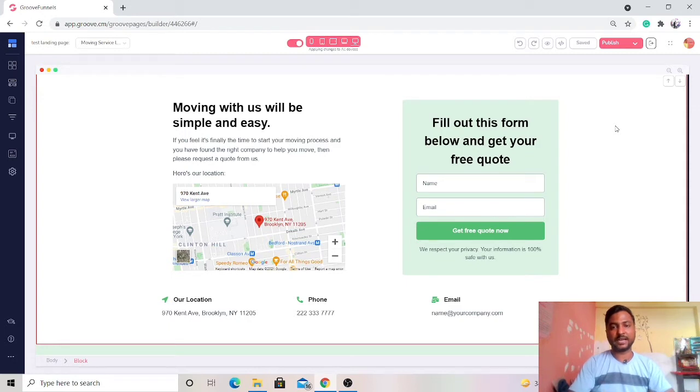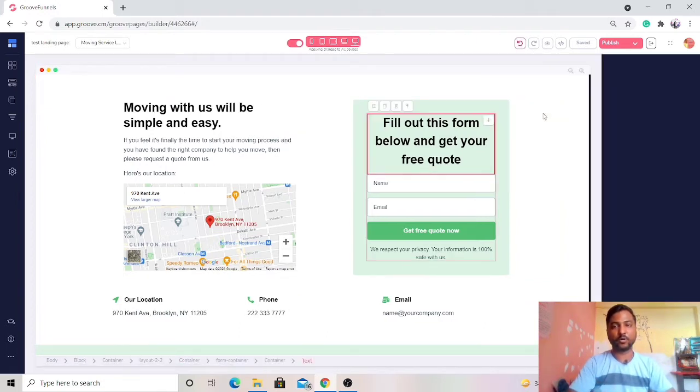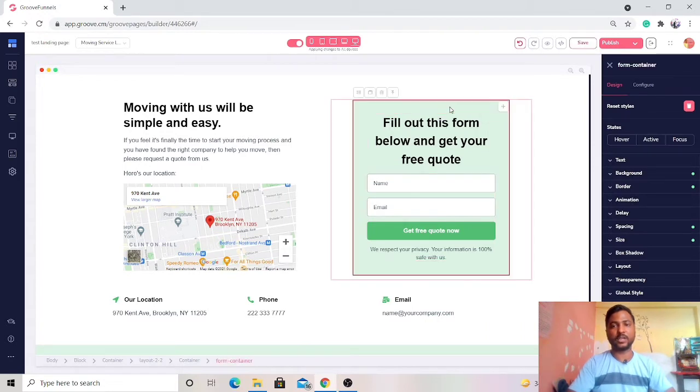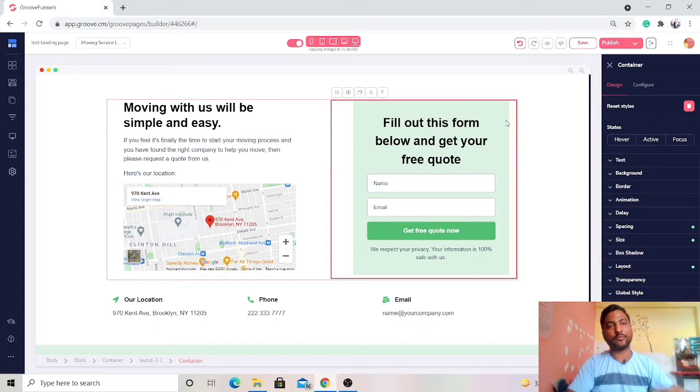As we can see, we already have a form in the bottom area in the footer of the website. It is not like if the landing page is designed you cannot move this form from one place to another. You can definitely move it. Let me show you how. If you select the entire area of the form, you will be able to drag and drop it from one place to another.